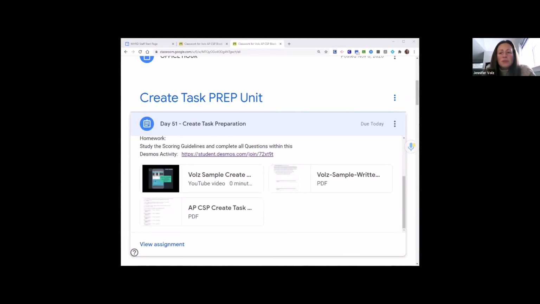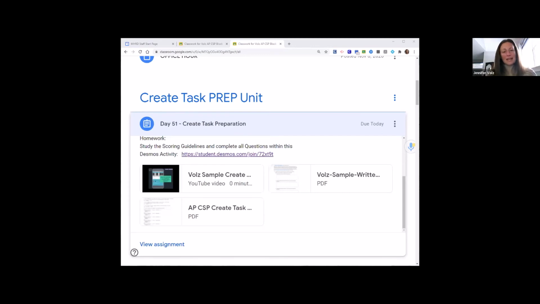I will say one more thing. Starting next week, you're going to be working on this create task for 12 class hours, which is going to take up a large majority of Q3 classes. So even though this create task is something that is both required by the College Board for you to submit, and also part of my class time,